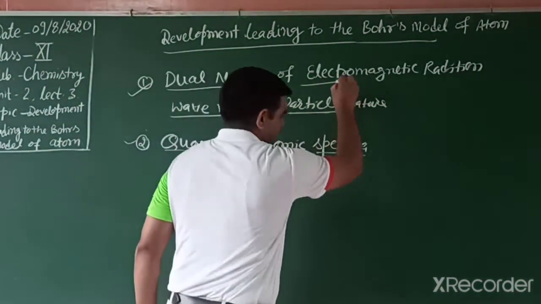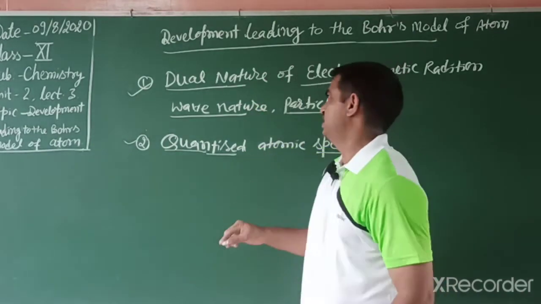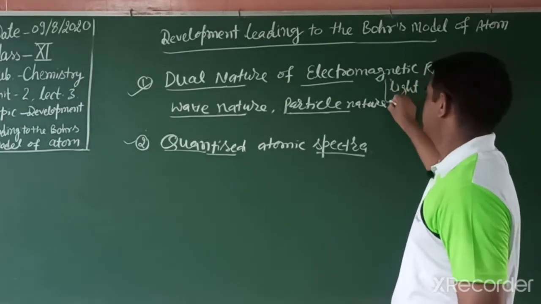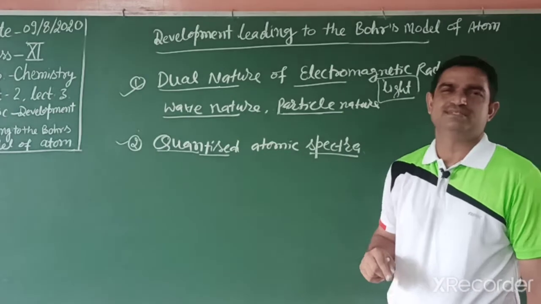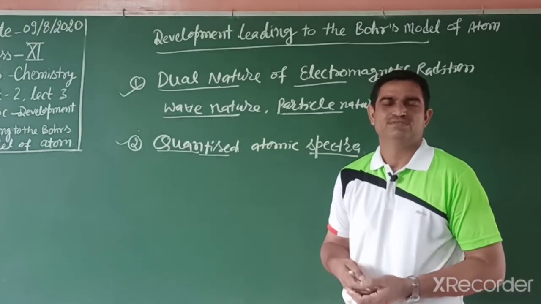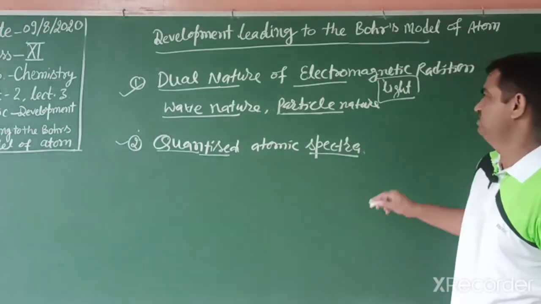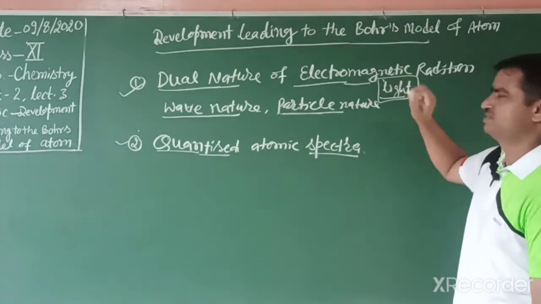Students, light, that is normal light, means sunlight. Light is an electromagnetic radiation. Normally current and electricity are a different thing. Normally we know that current has gone; generally we can say light has gone. That is not so. Light is different. That is sunlight, and other than that, it is a radiation.